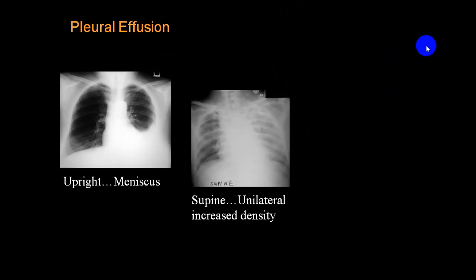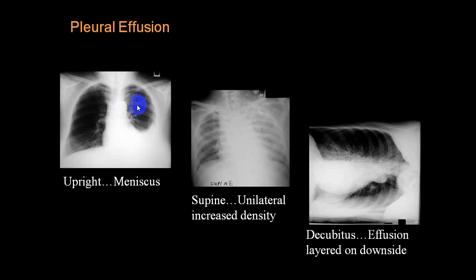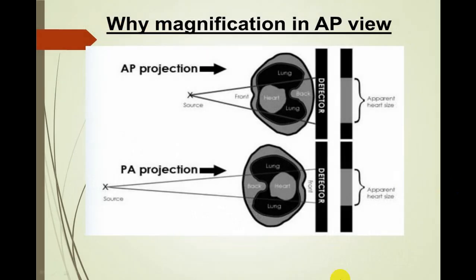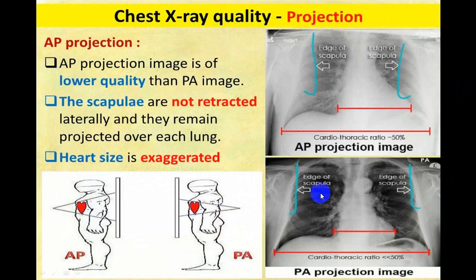And I've already shown you the three different views. Out of these, these two views will help you a lot. With this you can make a diagnosis of pleural effusion. If I want to confirm, I will take a left lateral position and X-ray plates, and that will show you that fluid has trickled down. So this is the importance of different views. And this particular slide shows you how much magnification it can cause.